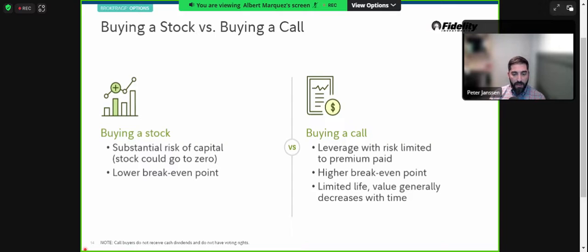And the reason being is that expirations are limited. Some of these expirations, don't get me wrong, go out a year, 2, 3 years, so there is the ability to go out further in time. But if you're not so convinced as to the time frame for a directional move to happen, how much of a move, what the magnitude is going to be, then sometimes buying a call in comparison to the alternative of buying stock, or potentially some of those other strategies like we had mentioned, might actually be better suited. And that's always going to be in hindsight.